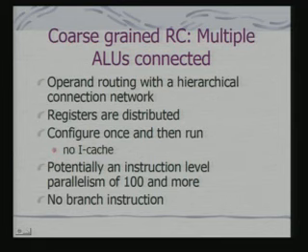Potentially you can get an instruction level parallelism of more than 100, because if you remember, VLIW has multiple processing units. Since you have so many ALUs and registers which you can configure and network, you can have on the order of 100 ALUs, and 100 parallel operations being implemented.